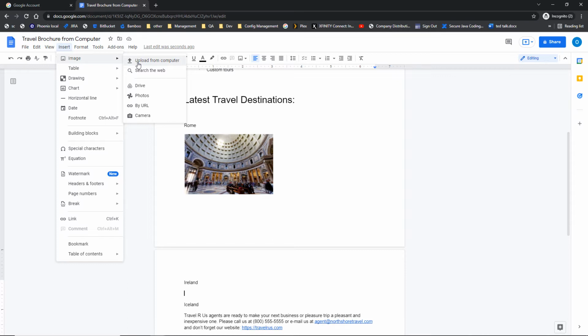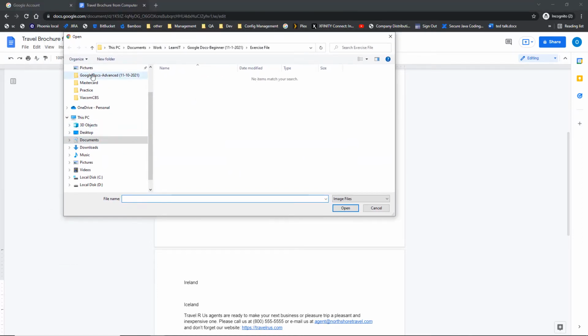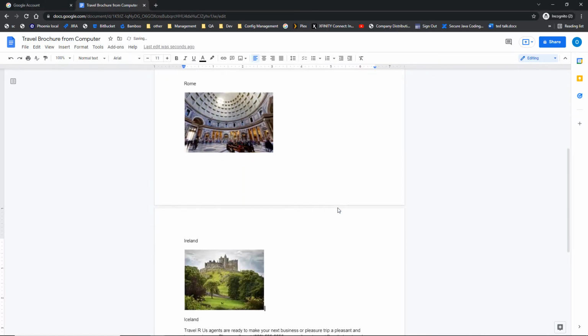But first I need to get the image. So I'm going to select upload from computer. It's going to ask me where that image is located. I'm going to need to travel to it. Once I find the image, I'm going to click on it and then say open. But really what's going to happen is it's going to copy it into my Google Doc and upload it for